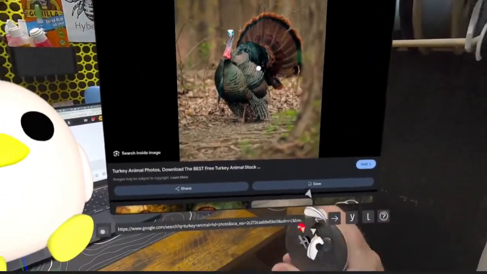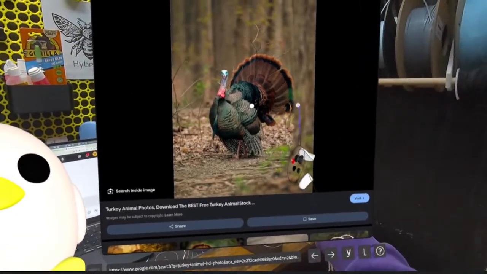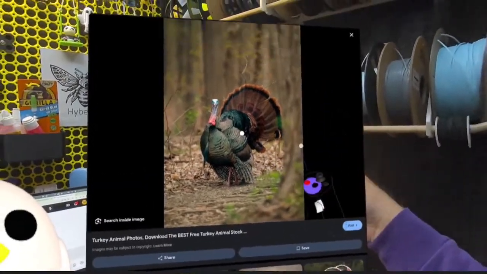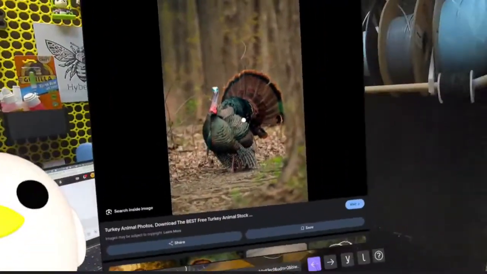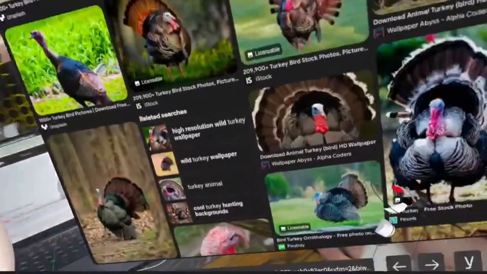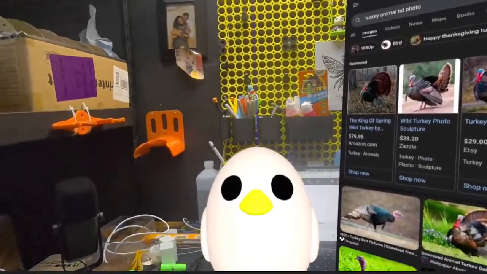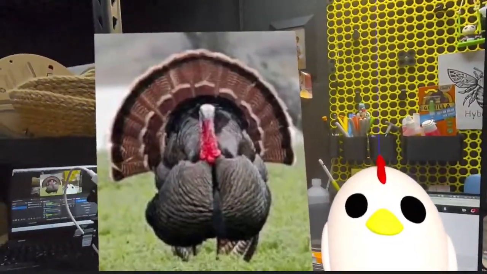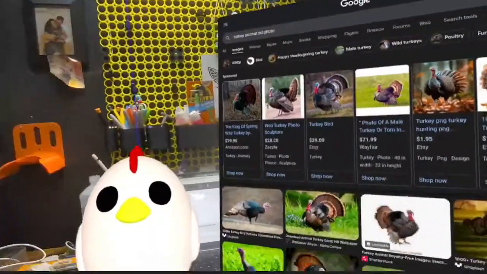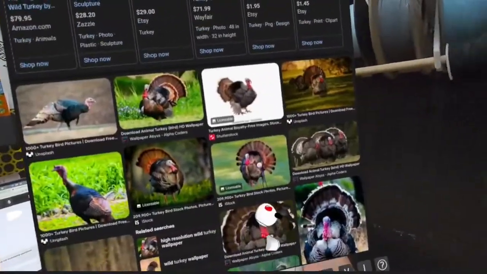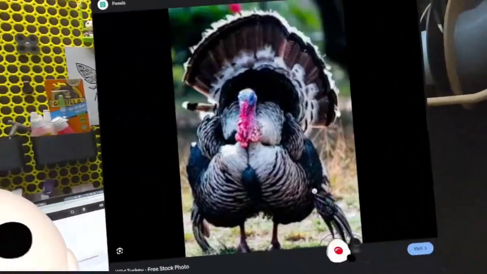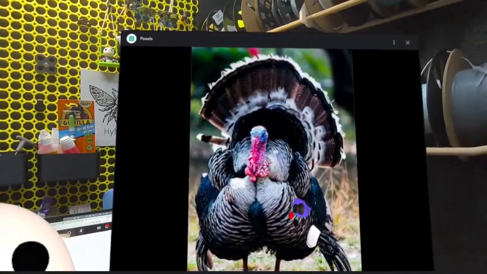What do I need to do in order to just pick the image up right off of there? Normally I can just reach in and grab the image, and it just let me do that a second ago, but now it won't let me do that again. Let me do it right here with this turkey image, but it's so low quality I don't want that one. I guess we can just play it by ear if we need to.